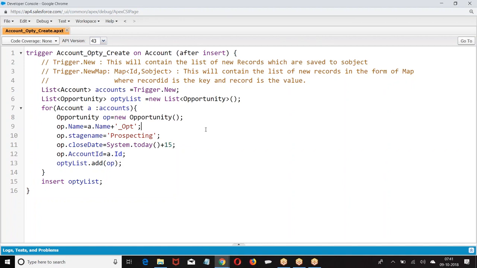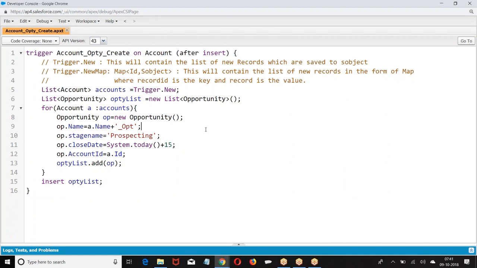Basically, at the end of the game, what I want to convey is that a group of people collaborating with each other and trying to work on this opportunity, or a group of people coordinating with each other and trying to work on an account, are called account teams and opportunity teams. And this is available on the account object and opportunity. You don't have a concept of queue. Now you may ask me, if you want to make a group of people the owner, you can try with the queue concept.